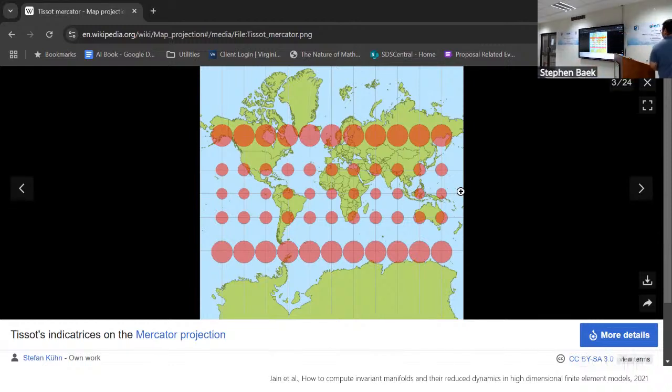So in the case of the Mercator projection, they preserve the angles. What appears to be 90 degrees on the sphere will still be 90 degrees in the Mercator projection. So the longitudinal line and the latitudinal line will cross at a right angle, right? And that angle is preserved in this particular projection. However,